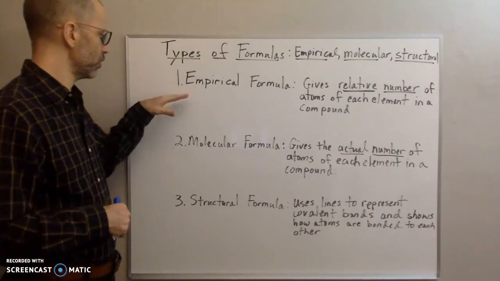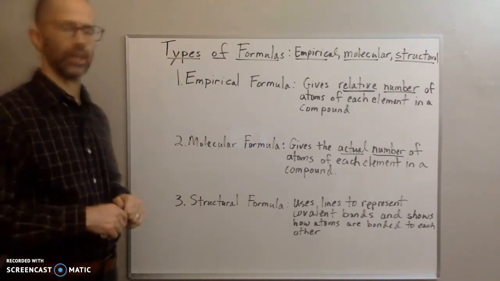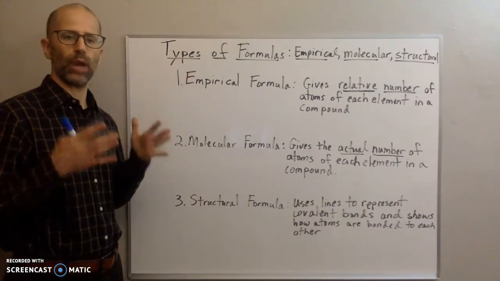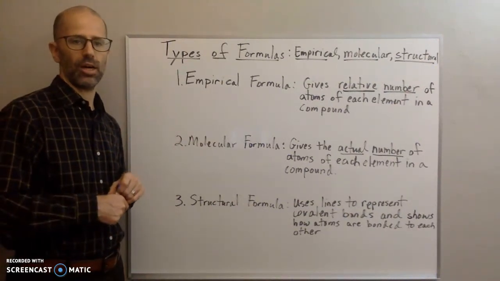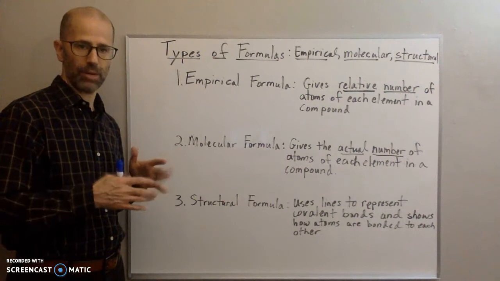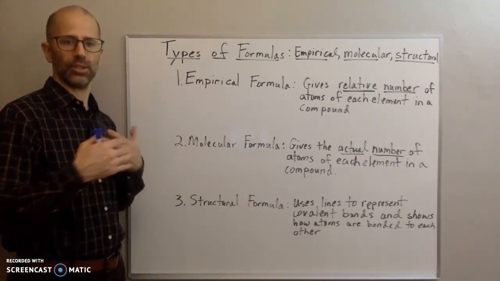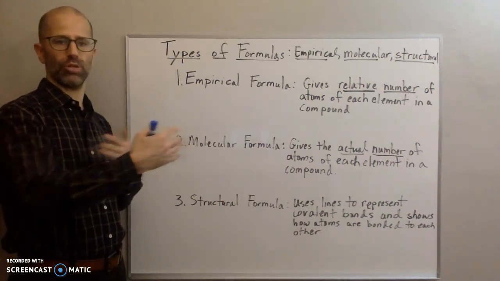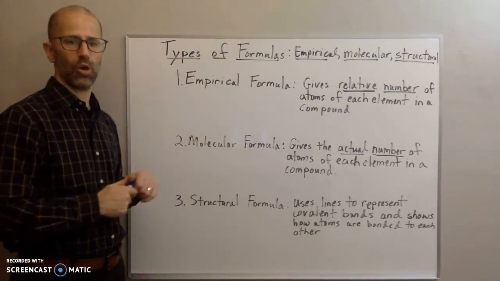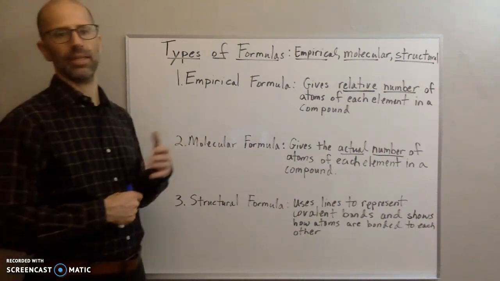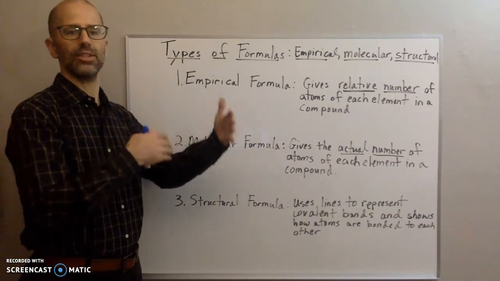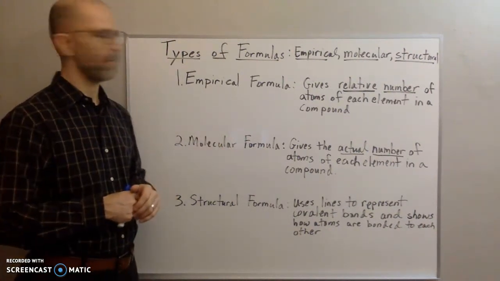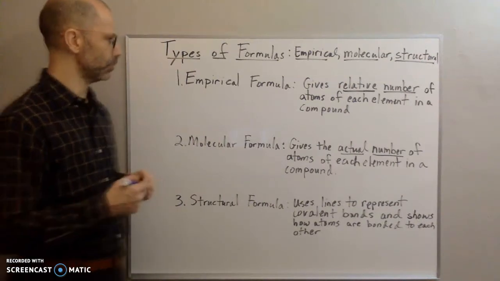And I said the first one is the empirical formula, and that's going to give the relative number of atoms for each element in your compound. So relative means with relation to the other, right? So what that means is it's going to be in the least whole number ratio. So for example,